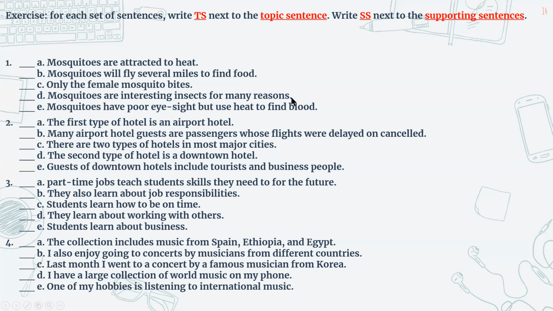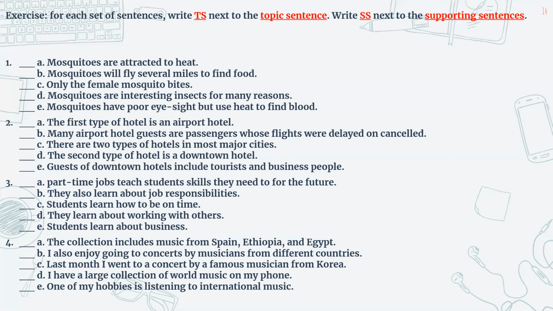Oh, this is the topic sentence. It gives you an idea about the paragraph. Okay. The topic is mosquitoes and the controlling idea is that they are interesting insects for many reasons. Okay. And A, B, C, and E are the many reasons. Okay. You will use these main points to